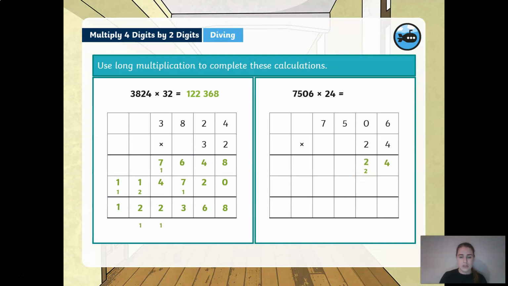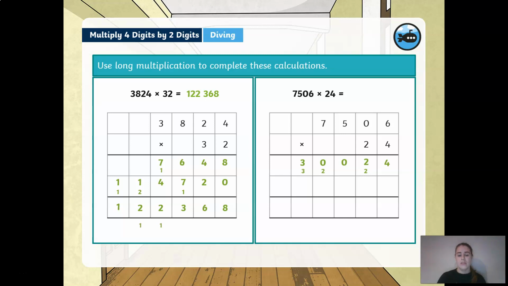So we're going to have 2 lots of 10s, so 20. Then we're going to multiply 4 by 5. So 5 multiplied by 4 is 20, but obviously we're multiplying by hundreds, so it's 200s. So we're going to have our 0, and we're going to carry our 2 across. Then we're going to do 7 multiplied by 4. Okay, but we need to remember to add our 2 on there. So 28 add 2 is going to give us 30. And then all we need to do is add on that 3 at the end. So the answer to that first part is